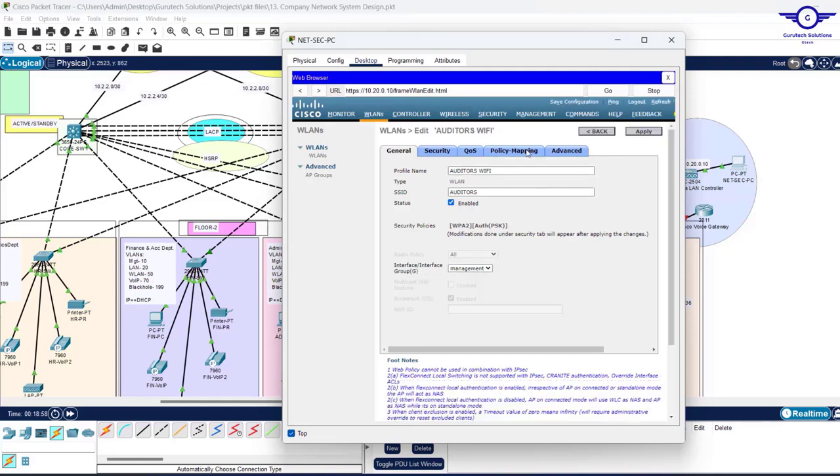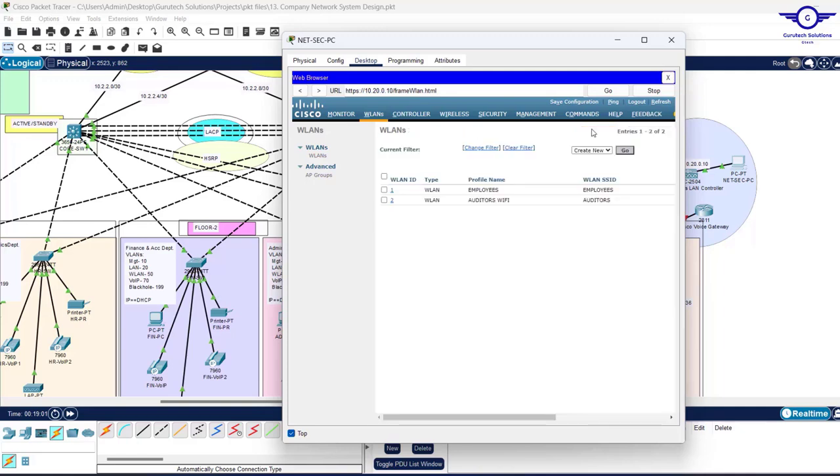Yep, so that has been saved. So let's go and create two more wireless networks. For that, I'll do it very, very fast because I believe you've seen how it's done. Also, you can modify any wireless network here. For example, we want the profile name to be like auditors Wi-Fi, employees Wi-Fi. So just click on this one here and modify the profile name. Then I come back and create the two other